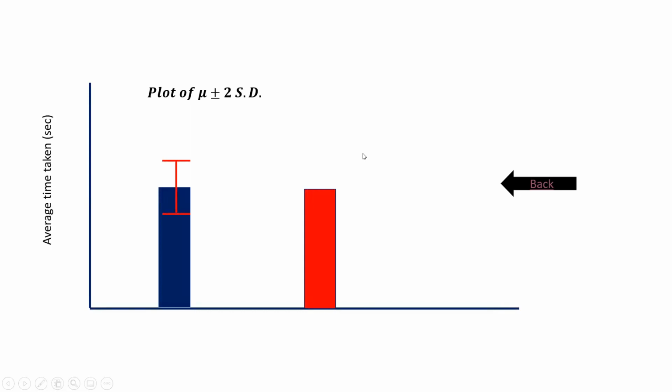This is the average time. I have found out the standard deviation. I've taken 2 times standard deviation below the mean and above the mean. I have plotted here. See, the standard deviation is some value. Then I'm finding out 100 minus 2 times standard deviation, 88 seconds, and 100 plus 2 times standard deviation, 112 seconds. What does it convey? That 95% of the time when he runs, he will take a time of 88 to 112 seconds. Okay.